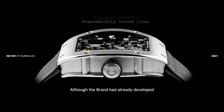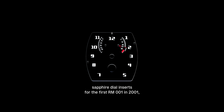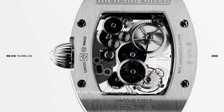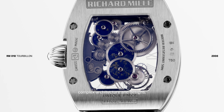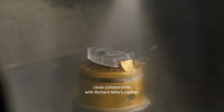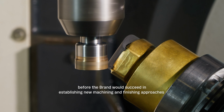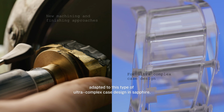Although the brand had already developed sapphire dial inserts for the first RM1 in 2001, as well as transparent and flat sapphire movement base plates for the RM18 Tourbillon Boucheron in 2008, there was simply no precedent for machining parts with such complex architecture and designs. It would take a couple of years, working in close collaboration with Richard Mille's partner Stettler AG, based in Switzerland, before the brand would succeed in establishing new machining and finishing approaches adapted to this type of ultra-complex case design